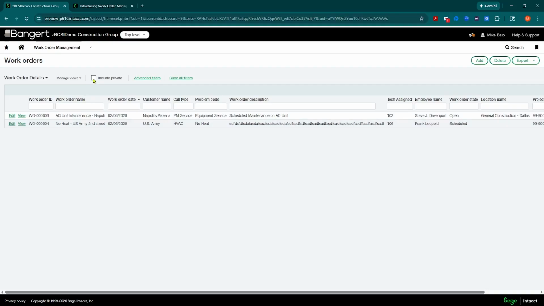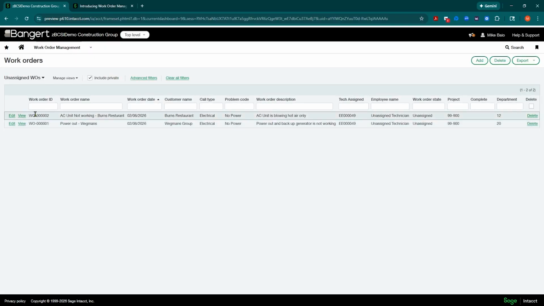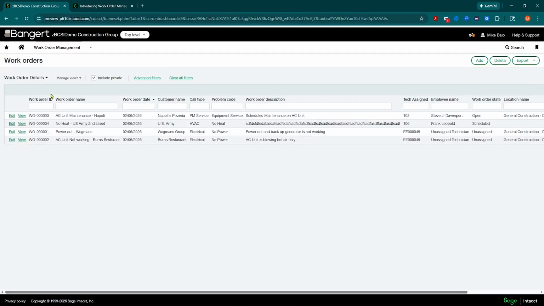Actually, I have a few more. I have some set up at the entity level, but if I say include private, you can kind of see here, I got some different work orders. And with anything, then you can make views. And that's what's going to be really powerful with this tool is now you can start making a bunch of different views. So maybe you want to see work orders that you haven't assigned yet. You can make a filter on that and have a particular view for just unassigned work orders. And work orders completed but not billed. So you're going to be able to do all this with this dimension now. So it's a very popular, powerful tool.